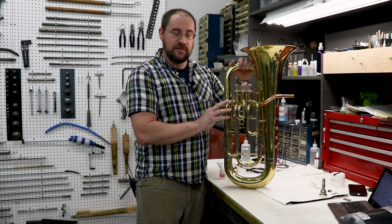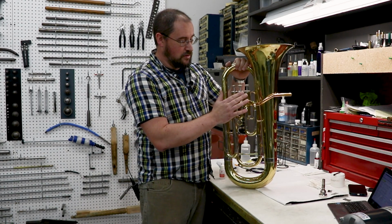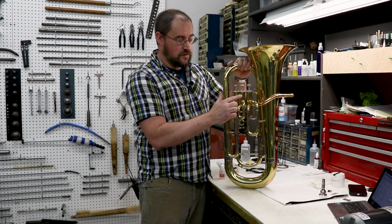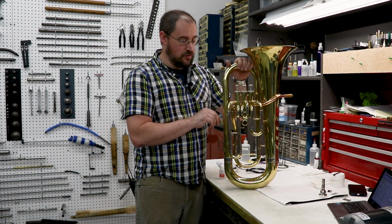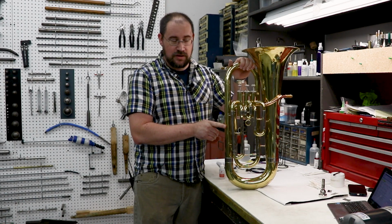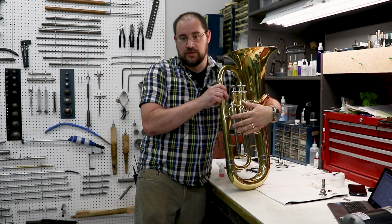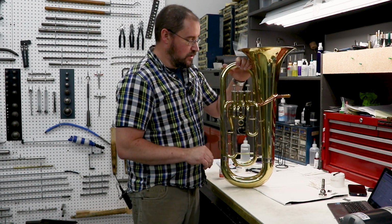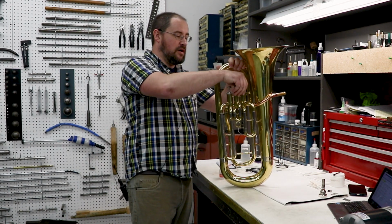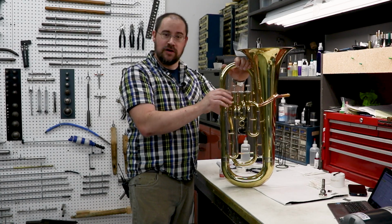The first thing that we will start out with is the valve oil, which you use on each of the pistons. The pistons of the euphonium are usually numbered 1, 2, and 3. Sometimes there will be a fourth one that you use with your pinky, or that comes on the side that you use with your opposite hand. The number 1 piston is what you play with your pointer finger, 2 with your middle, 3 with your ring